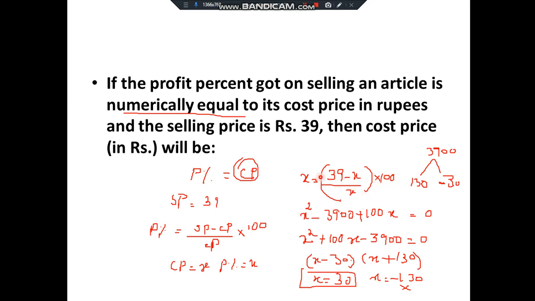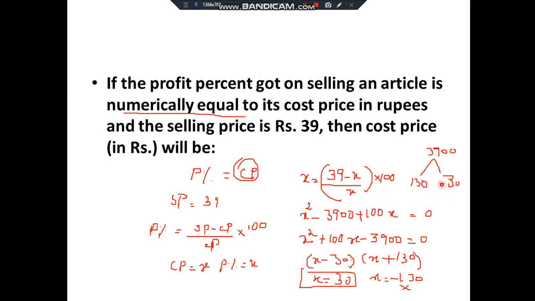So taking denominator X to left hand side, you get X square is equal to 3900 minus 100x. So form the equation by bringing into left hand side. So x square plus 100x minus 3900 is equal to 0. It is a quadratic equation. So let us solve it. When you factorize you get it as 130 and minus 30. Okay, that is when you multiply it should be minus 3900 and when you add it should be 100. Okay, so here it is minus 3900.